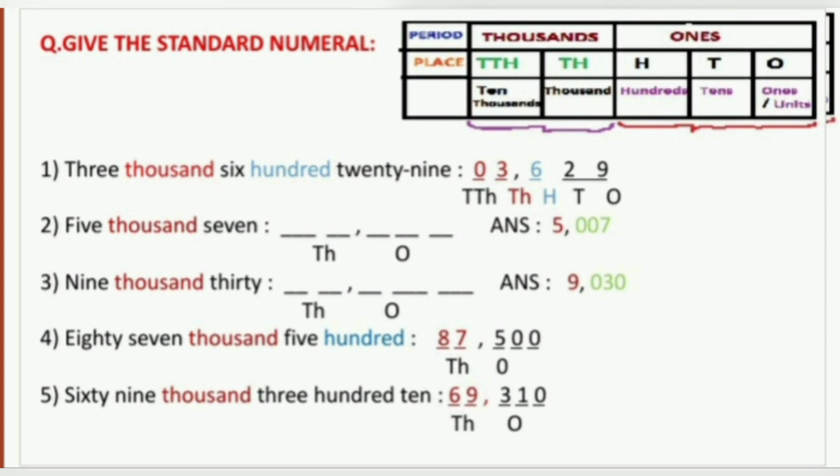Come to the fifth question, 69,310. Again you can see the number is given in thousands, so 5 blanks first. Then you will write the periods as ones and thousands. Now read the number for thousands. It is 69. For 69 you have 2 digits, 2 places, so write there 6 and 9. Then read the number after thousand, 310. So how will you write 310? That is 310, and you are through.